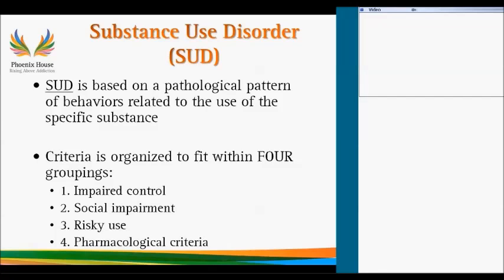And one of the things that I highly recommend is that however your paperwork looks, how we document substance, frequency, amount, age of first use, things like that, is to now include what symptoms would classify as impaired control, social impairment, risky use, or maybe there are pharmacological criteria being met.